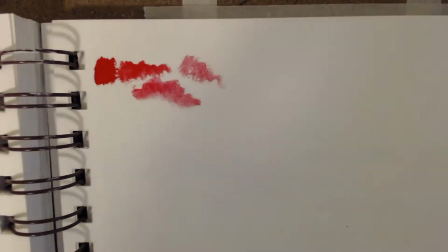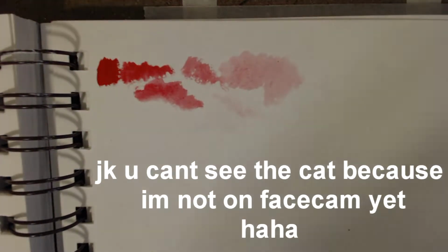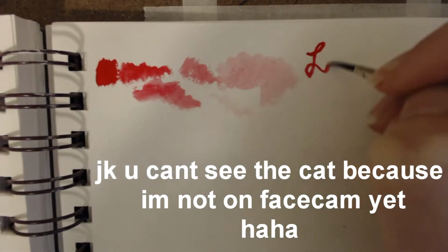I don't know if you'll be able to see, no, this way, the cat in there. I don't know if she's going to be cut off or not, but there's Caroline. Anyways,